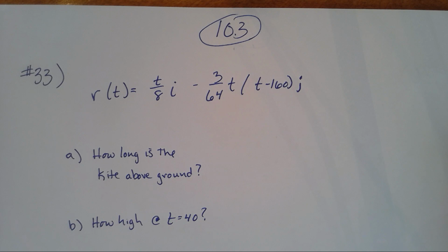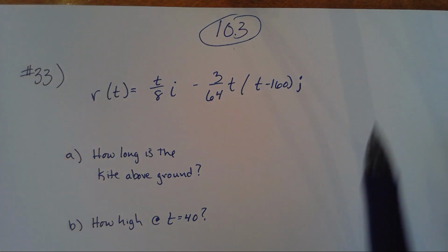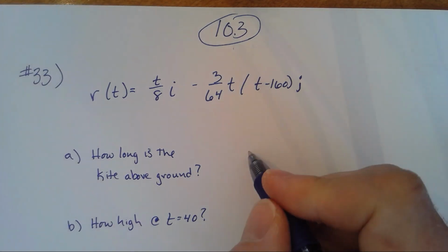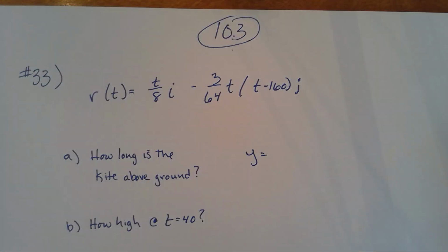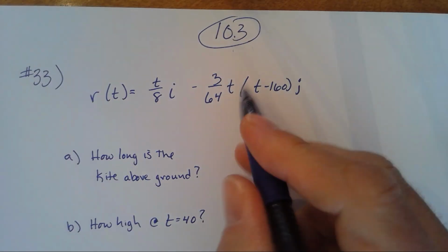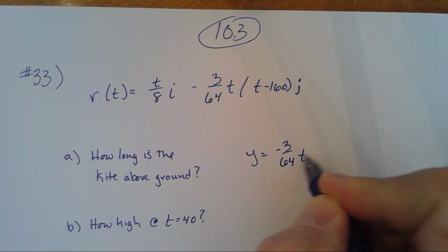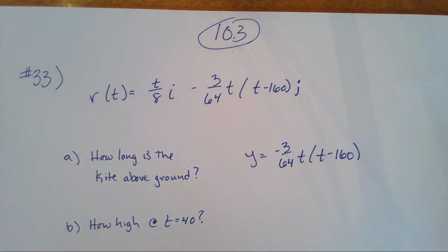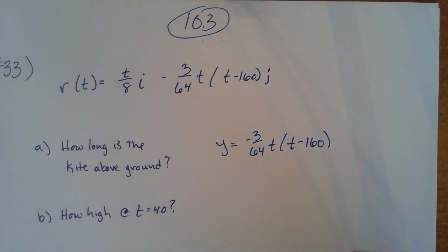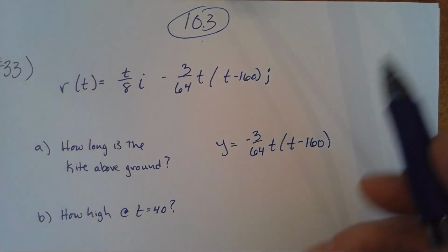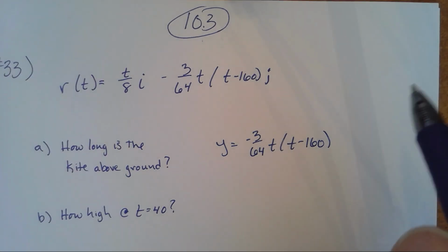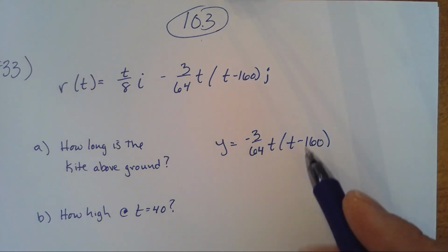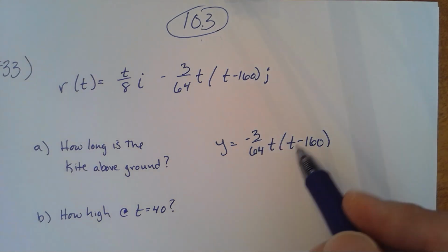So we are only concerned about the vertical component. So if we want to think of it just parametrically, y would be negative 3 over 64 t times t minus 160. So there's my vertical component in parametric form. So how long is it above ground? You can see that if you set that equal to 0, you're going to